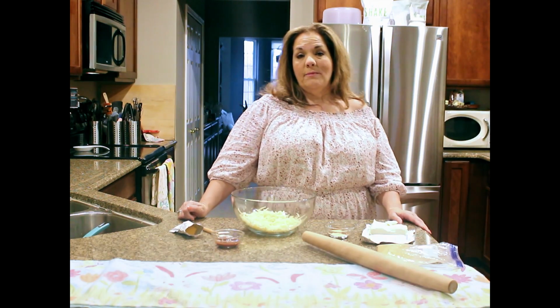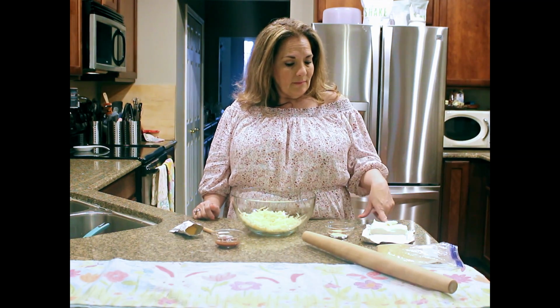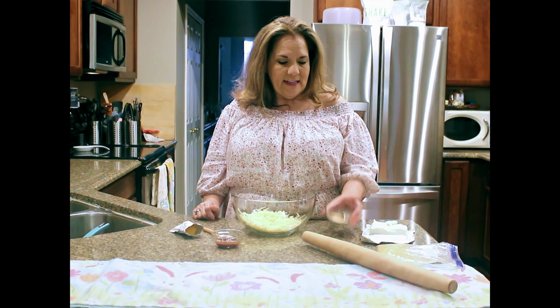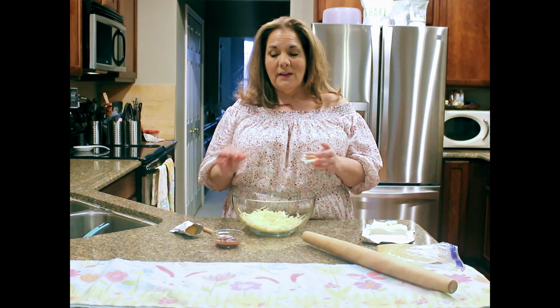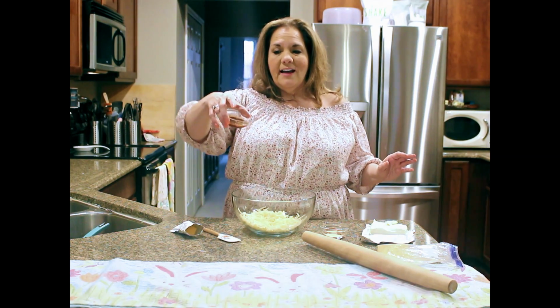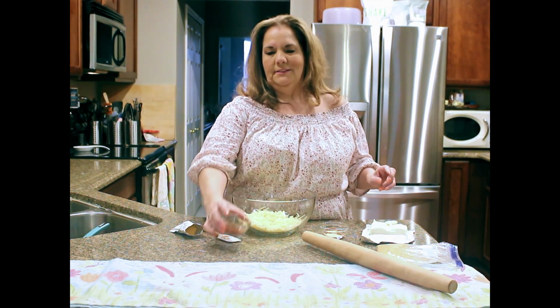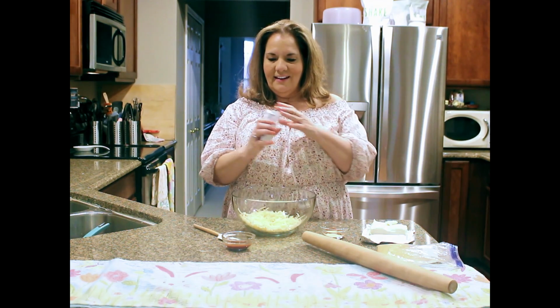I'm going to start with smoked Gouda, which adds such flavor from the start. You can use cheddar, you can use Gruyere, you can use whatever you want. I happen to like smoked Gouda. Then I have cream cheese. In here I have little garlic powder, little onion powder, and some chipotle powder. This is going to be a spicy one because here I have sriracha. I like to say that, sriracha. And then